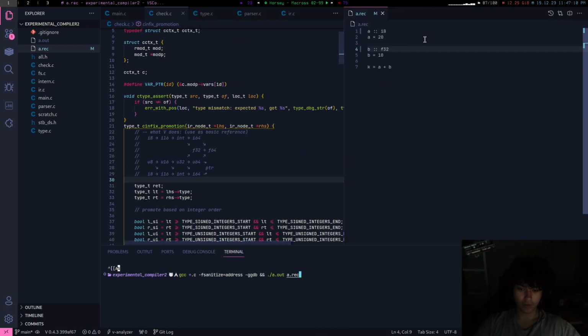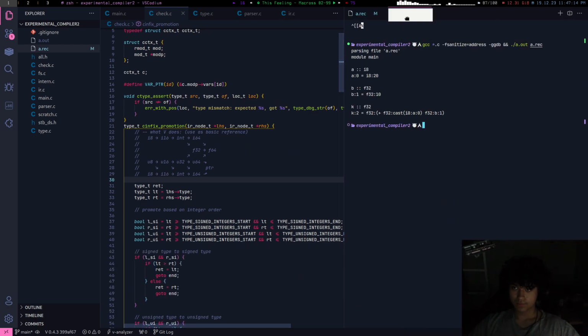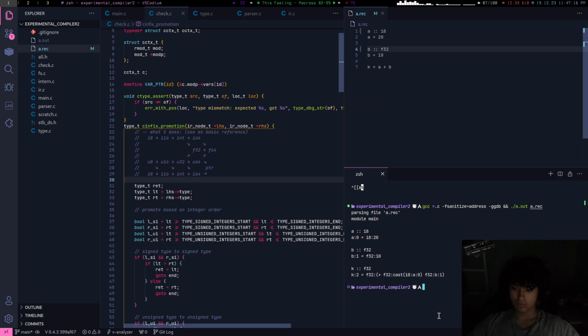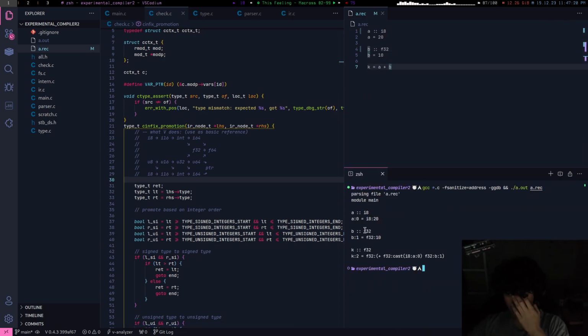Let's hope it does something. Okay, it does something. I8, F32, K is an F32, that's right. F32, cast I8. That's good.